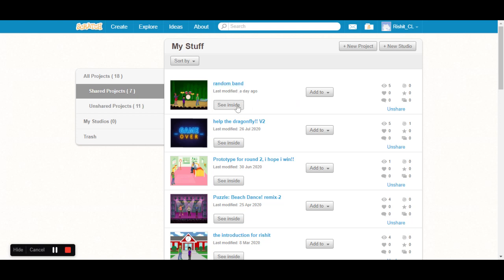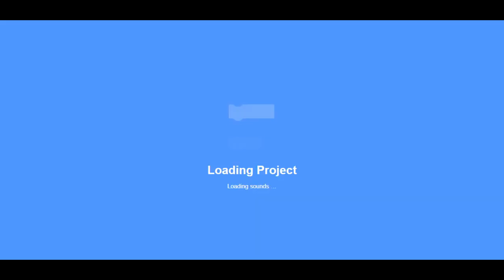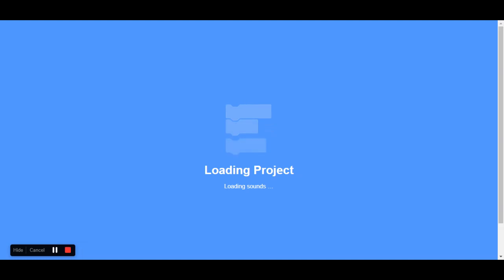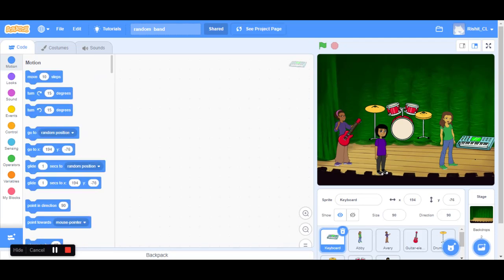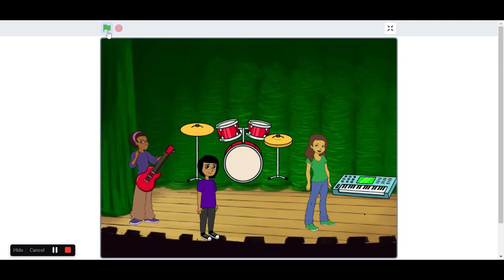So once I click See Inside, when you click that, there are two options where you could search in Scratch and choose to play the game, or you could click See Inside, and if you have an account, you could click remix. So with remix, you could add your own codes to the already existing code. So like this, I've created my own code, and then let's just do a full screen, and let's start it.